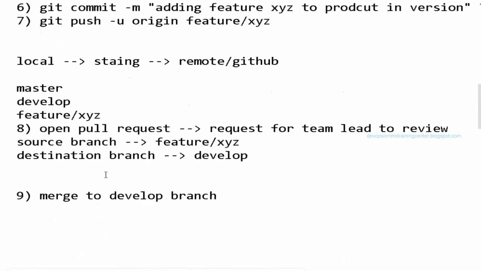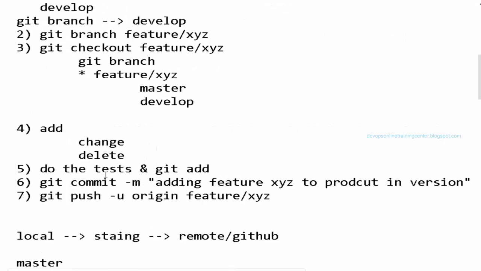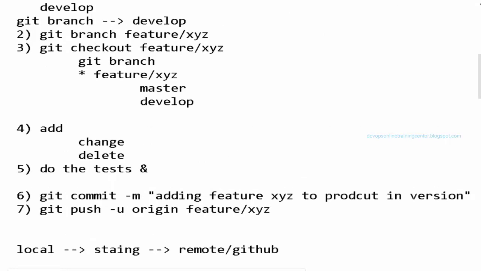And Santosh, one more, number 5. I think you said test and git add. Where are they going to test, because the file is not yet available on the remote side? So you have to test locally. It means the local developer, the person who developed it, has to test it. Let us say you are a DevOps engineer. How do we test our scripts?